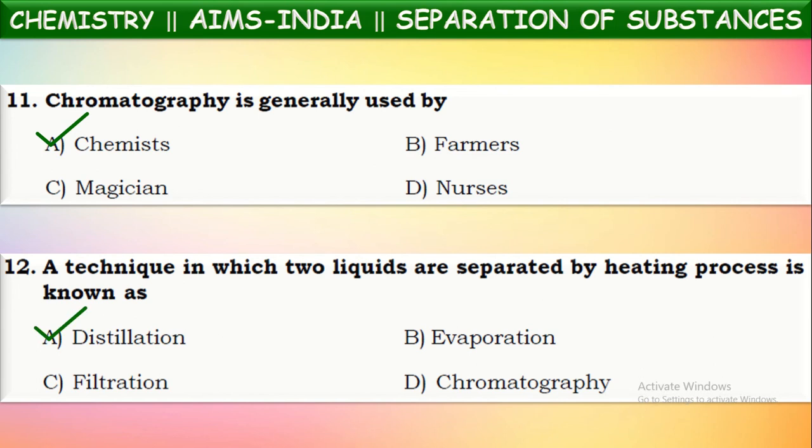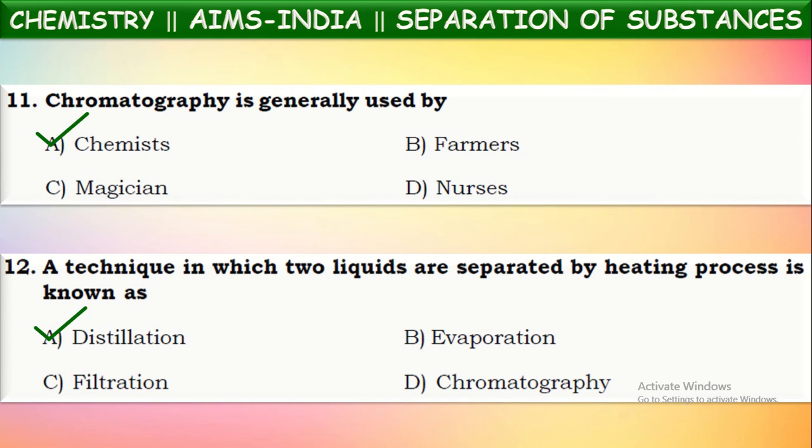distillation. So when the mixture of these two soluble liquids is heated at a particular temperature, by maintaining a fixed temperature, one of the liquids will boil or evaporate at that temperature. The other will remain in the liquid state, so that the vapors of the liquid will be collected and cooled again and collected into some other container. This process is called distillation or fractional distillation. To be clear, it is called fractional distillation.